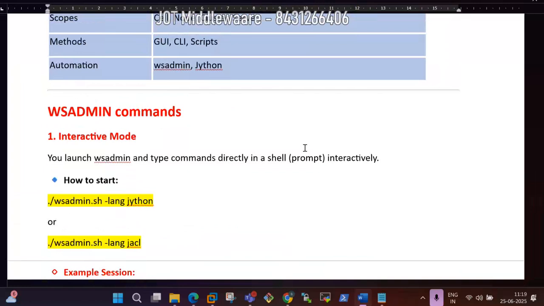MBeans means message beans that carry information and status. So all the components inside WebSphere, like servers, node agents, DMGR, nodes, and other WebSphere resources, communicate with the help of MBeans, which is a part of